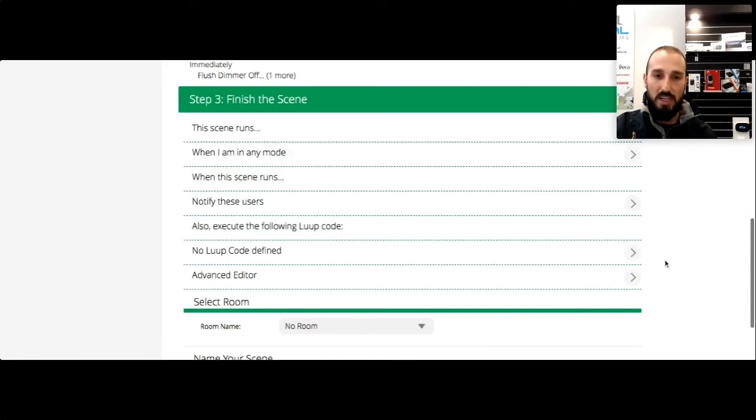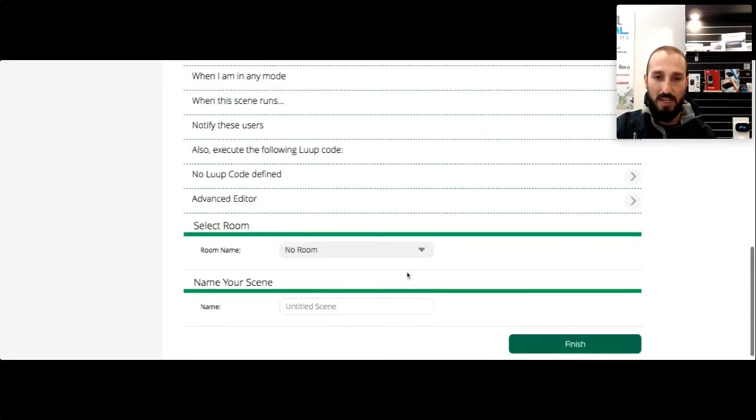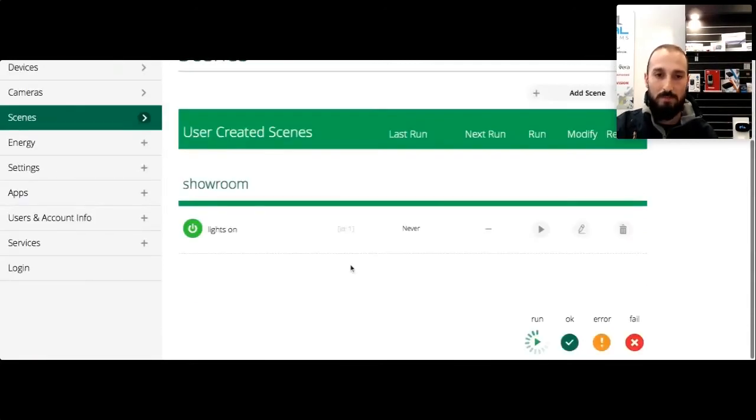If you need to add any extra coding, you can do it here as well. That's for some more advanced features. Give it a room. I've just got showroom there, and call it whatever you want to call it. So maybe we'll call this one lights on just for the purpose. Once you have it all there, it'll pop up in the list of scenes that you have created,